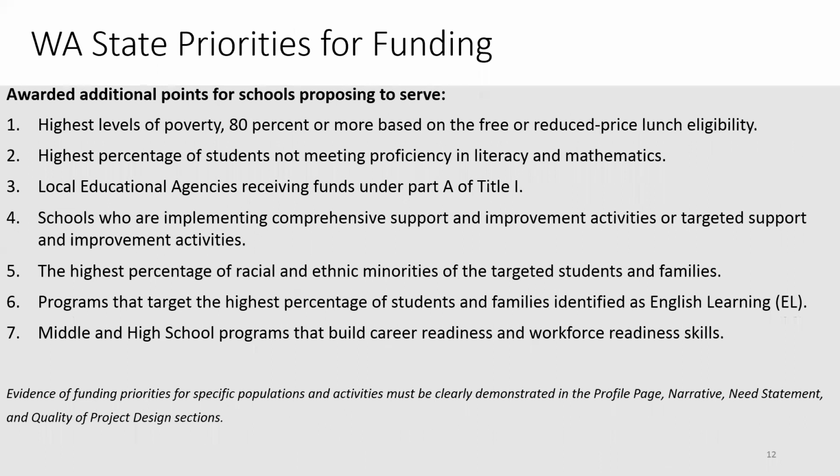This next slide is the Washington State priorities for funding, and these are a little bit different from the past couple of years. There are 7 priorities this year instead of, I think the last couple of years there were 13 or 14 priorities. And so our priorities for funding, where you can receive additional points in your application if you propose to target services to highest levels of poverty, which is 80% or more based off of the free and reduced